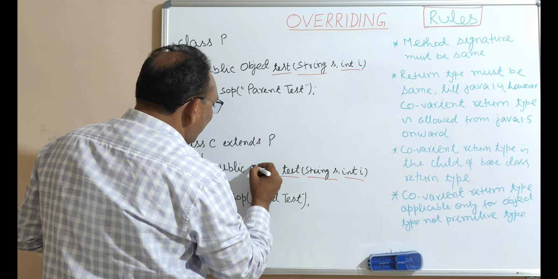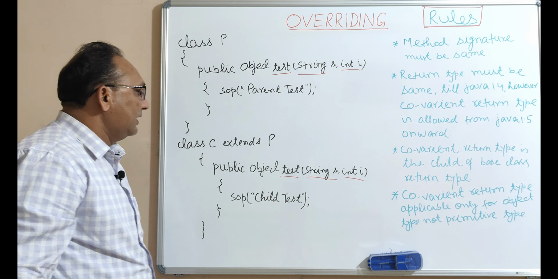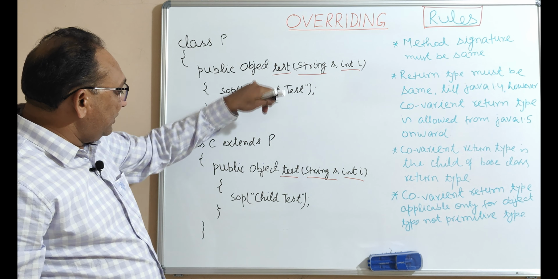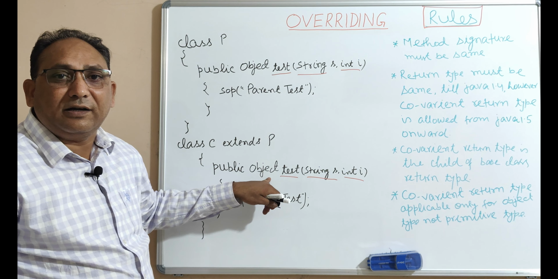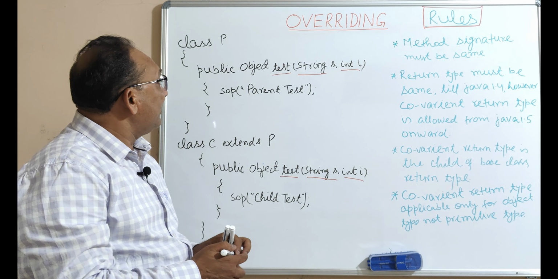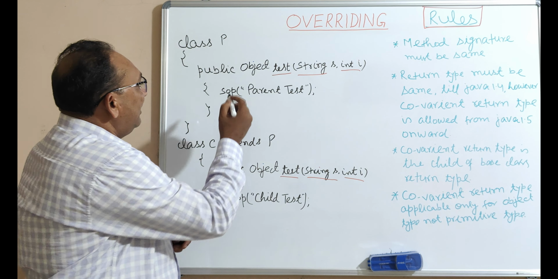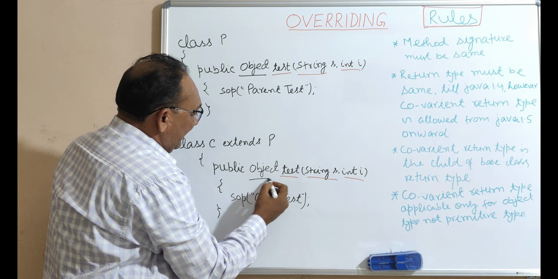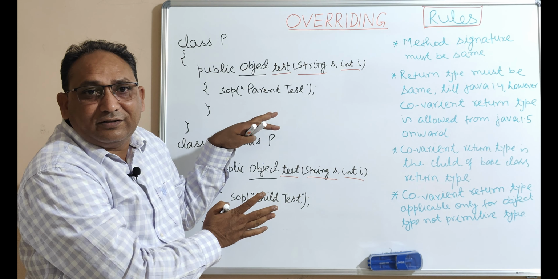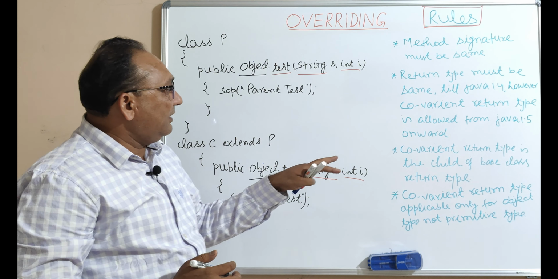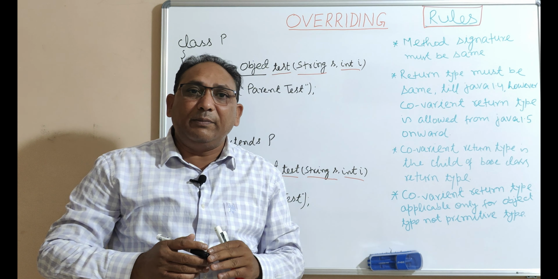Here as well I am going to take the return type of object. So both methods are returning the same type, object type, from the parent class method and the child class method. Till Java 1.4 this is okay, but from Java 1.5 onwards a concept came into the picture,